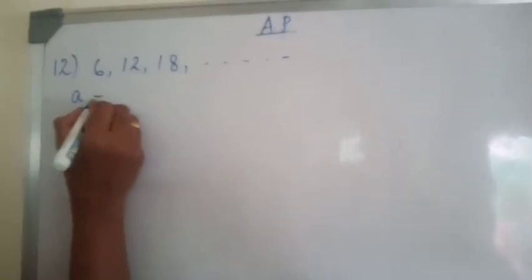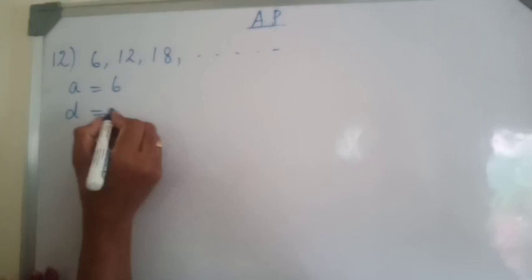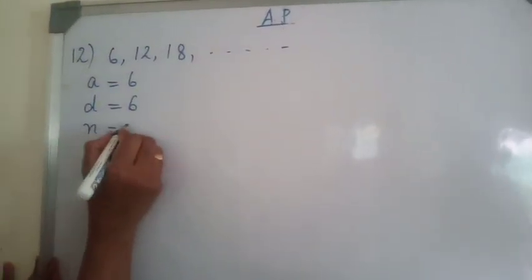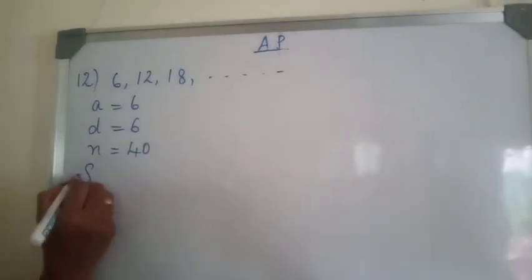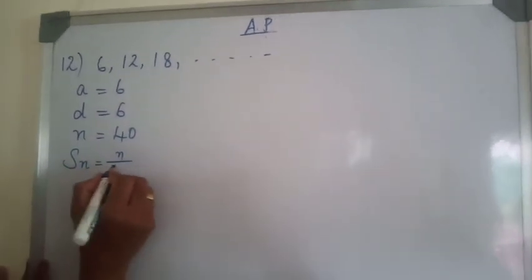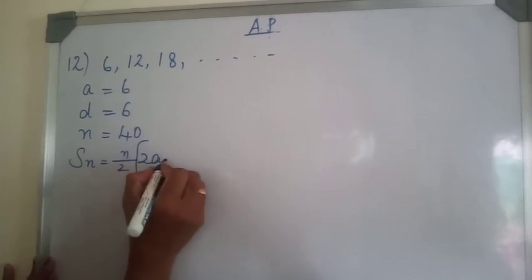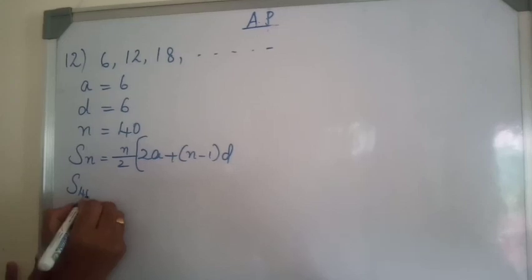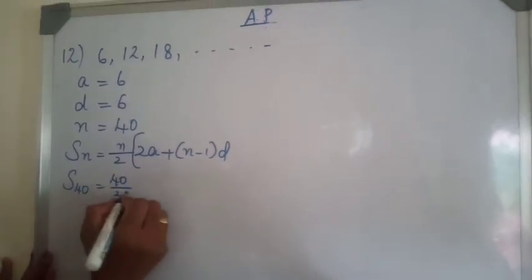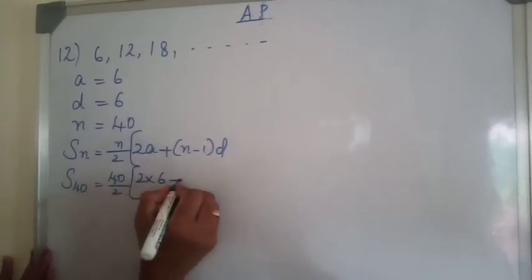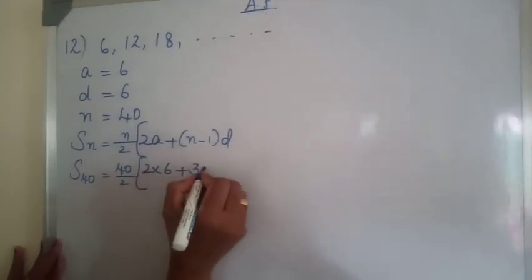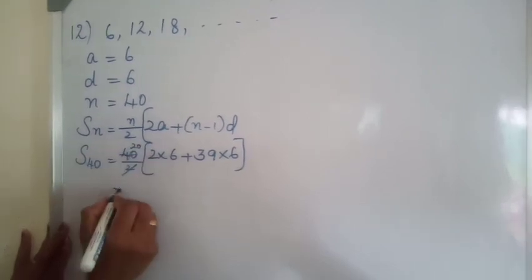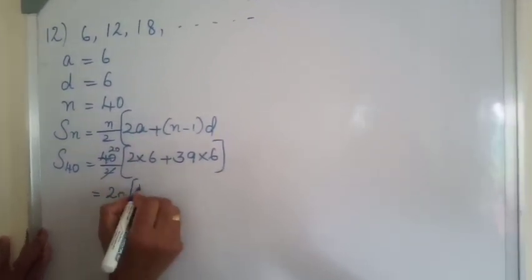So A equals 6, D is also 6. We want to find the sum of 40 terms, so N is equal to 40. We'll write the Sn formula. Sn equals N by 2 into 2A plus N minus 1 into D. Therefore S40 equals 40 by 2 into 2 into 6 plus 40 minus 1 into 6. Cancel. 20 into 12 plus